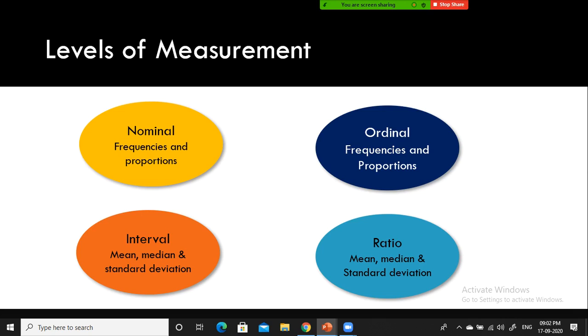Basically, we use nominal type of variable to flag or label the record. This record is related to male, or this customer belongs to north region, this customer south region, to label the transactions or records or observations. In statistics, instead of record, they say observations or cases, CASES, cases. That's how they use some terms.